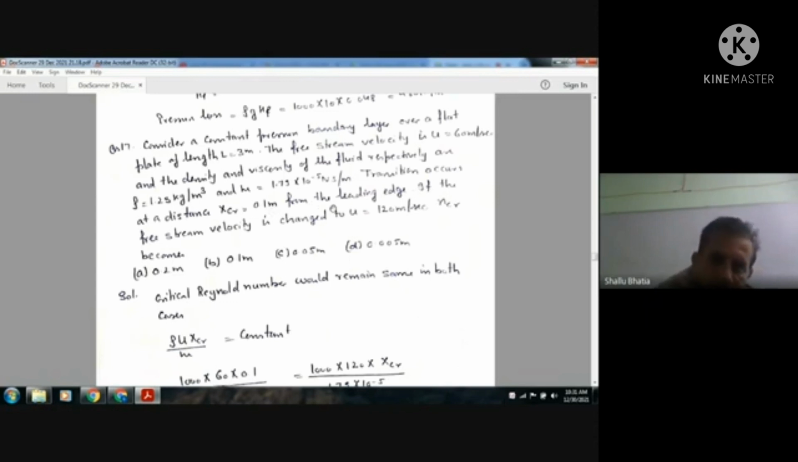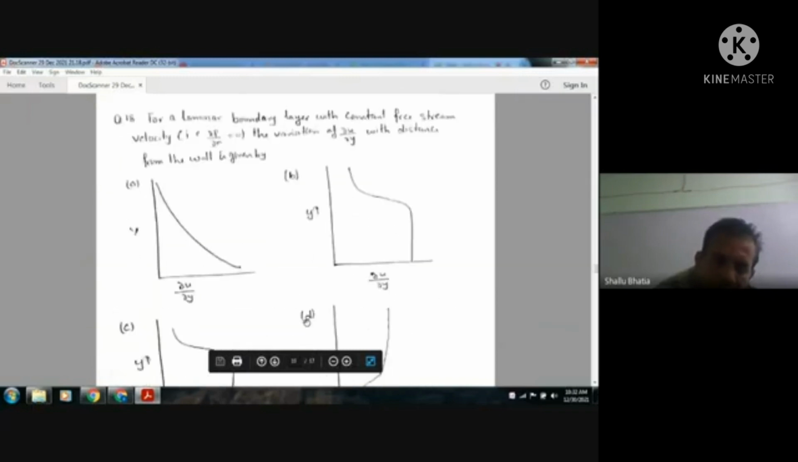Okay, and in the second condition, u is 120, and xcr is equal to 0.1. And mu is equal to 1.79, and rho is 1.23. Sorry, xcr we have to calculate. Because the critical Reynolds number remains the same in both cases, the answer will be xcr. Okay, next,